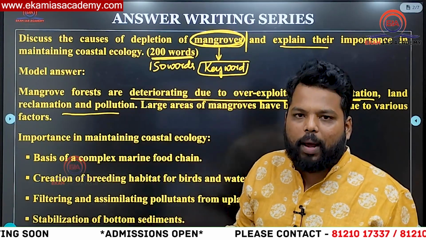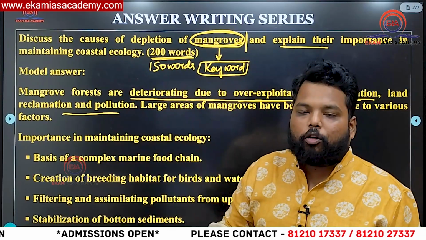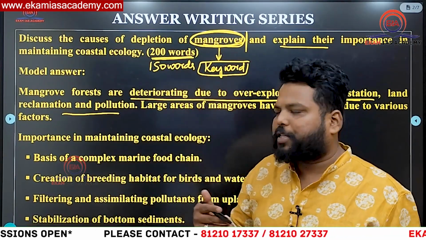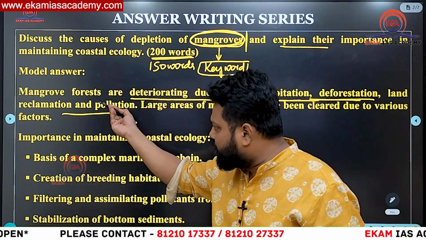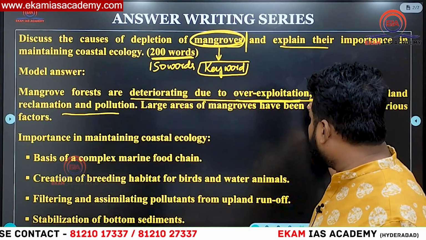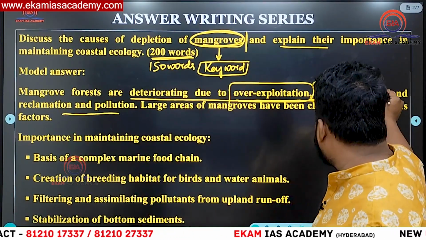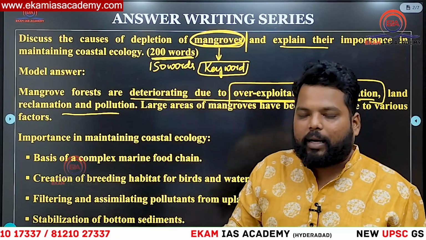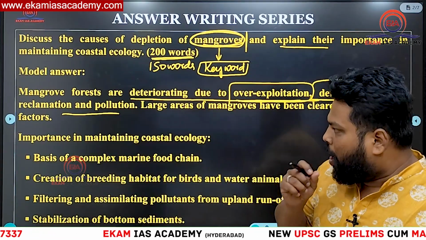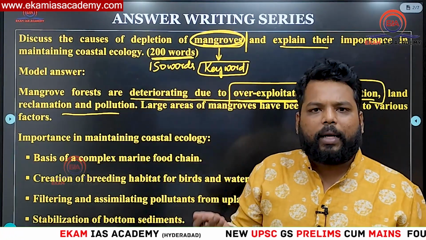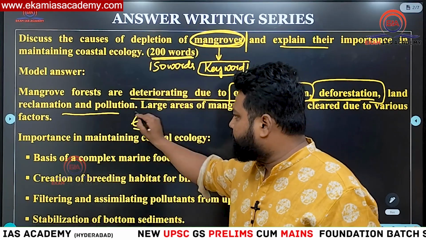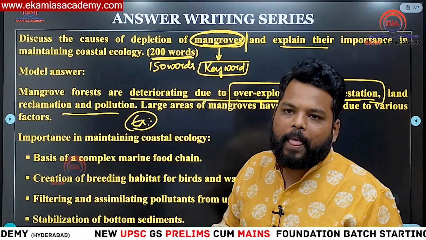Along the marsh and swamplands, we would be having the growth of mangroves, which are uprooted vegetation. So you can start up the introduction as such, or else you can just simply make a note that mangrove forests are deteriorating due to overexploitation, deforestation by humans, land reclamation along the coastal regions, and pollutions. So most of these mangroves are being destructed, or you can write an example for it, like recently mangroves have been